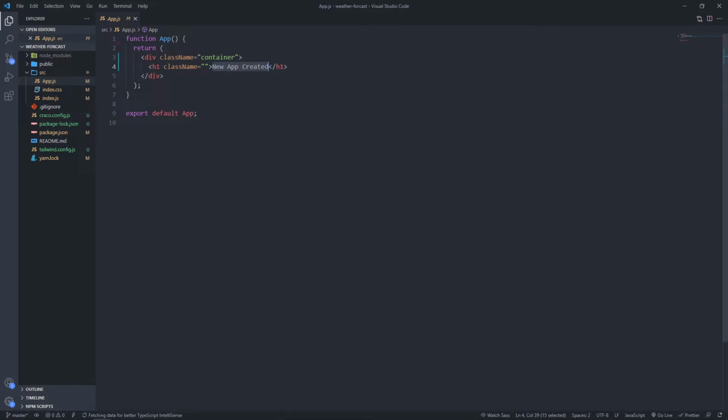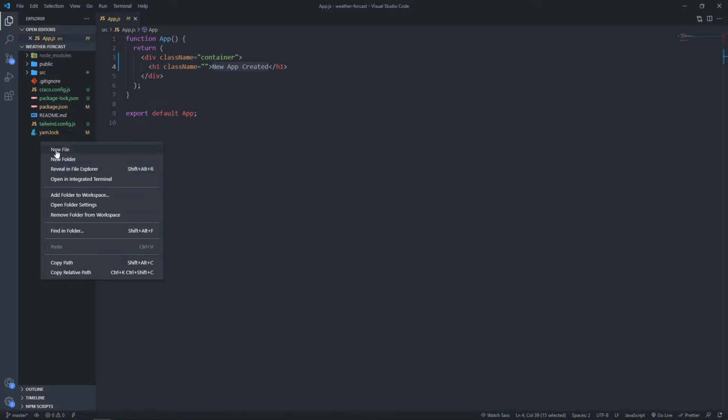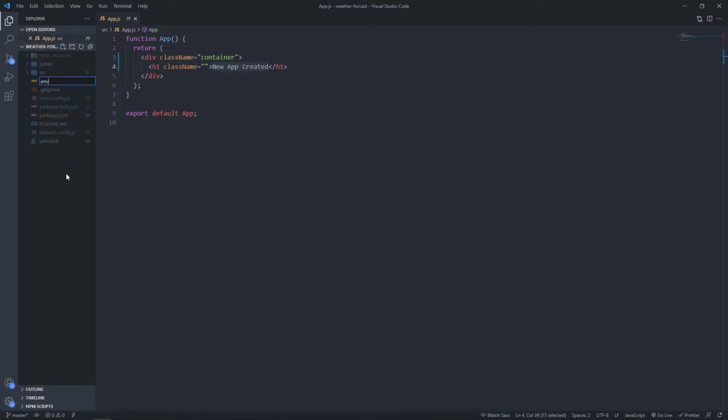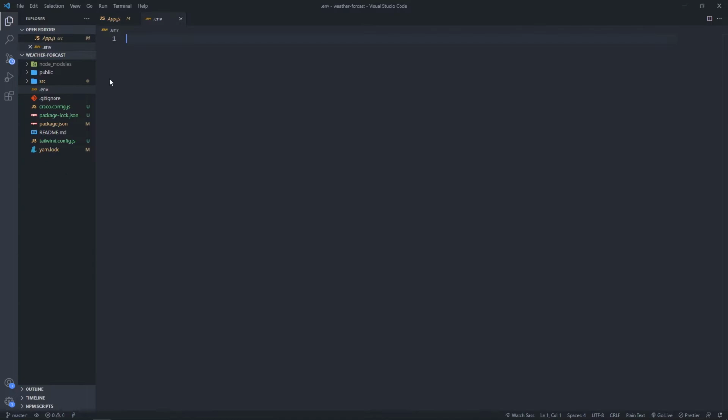So let's go ahead and get started designing this application. We have our app.js file. So we're going to create one file just outside our source directory, which is going to be our .env file, our environment file, which is going to keep all of our information that we do not want to share throughout the application. So let's go ahead and do a right click. Just make sure you're outside the source directory. Click new file. I'm going to say .env for environment, hit enter, and with that created,